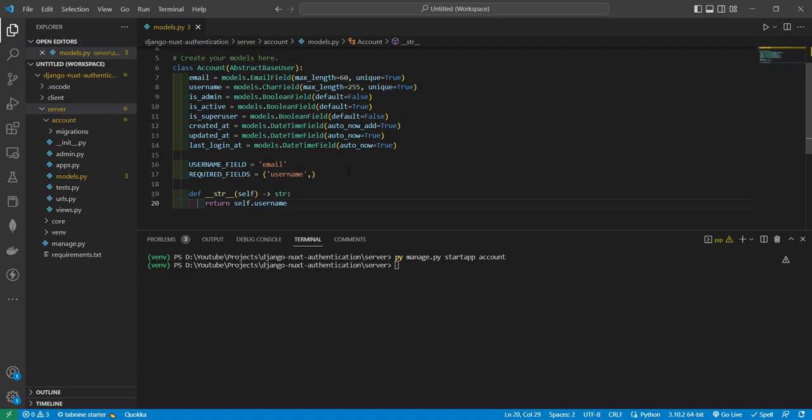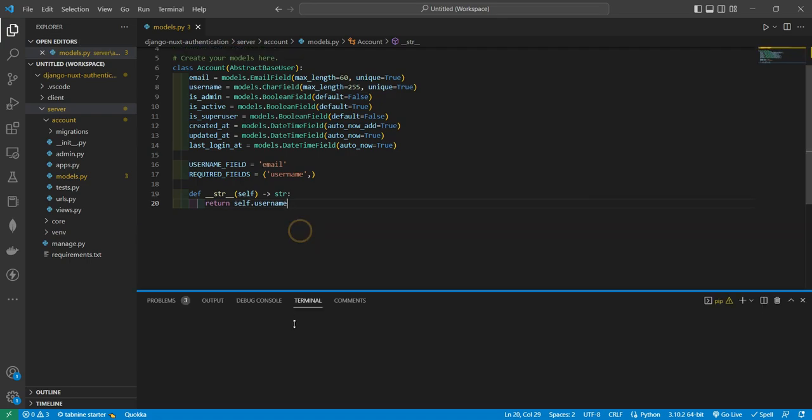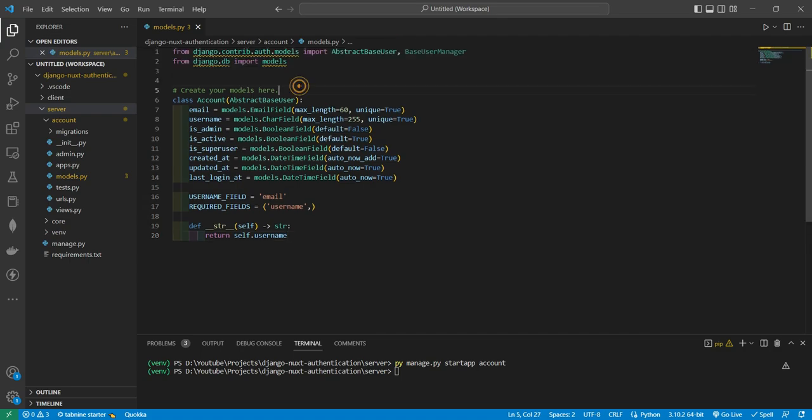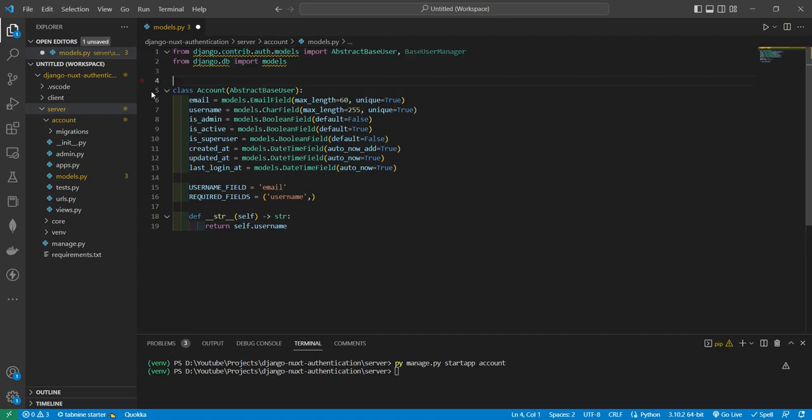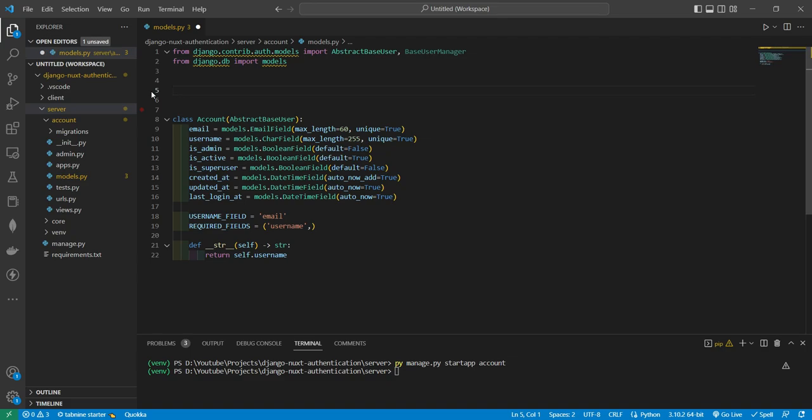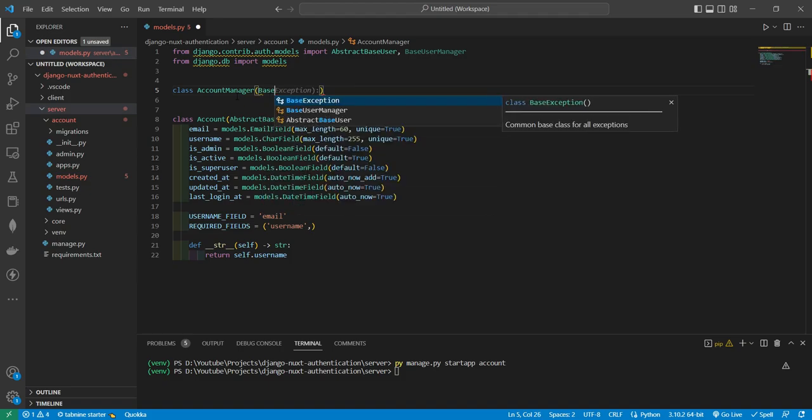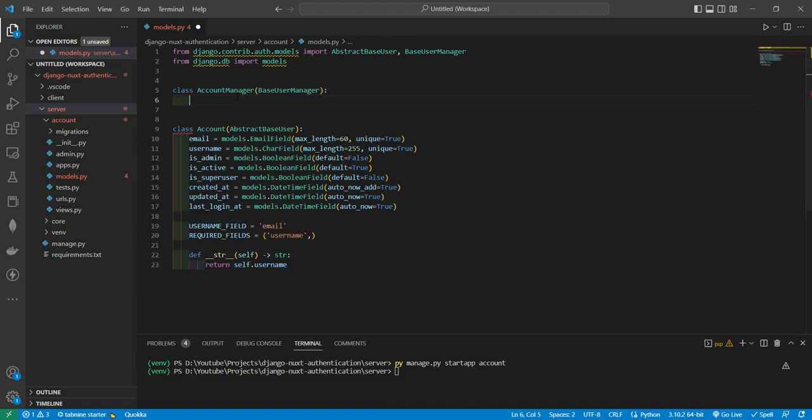We need to also create a manager for our Account model. So let's create that manager. The manager will be called AccountManager, and this will extend from BaseUserManager. It will have a create_user method,